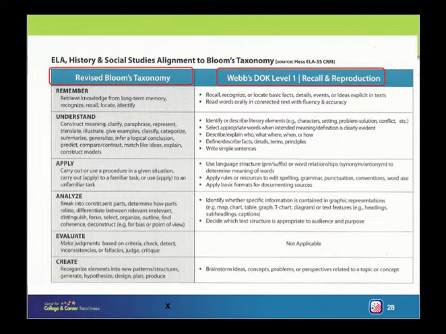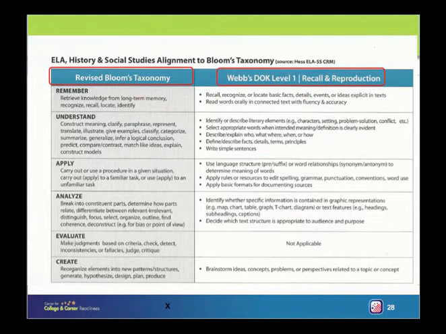So if you were to open your book to pages 8 and 9, you would be looking at Depth of Knowledge 1. Page 8 is the breakdown for English language arts, history, social studies. You've got Bloom's taxonomy on the left side, and then you've got Webb's Depth of Knowledge 1 on the right side. A couple different things to notice are that